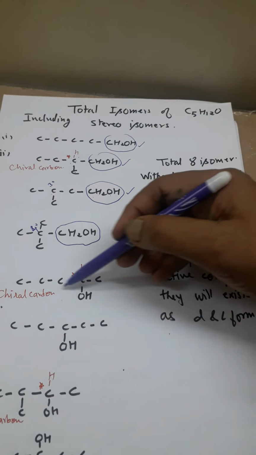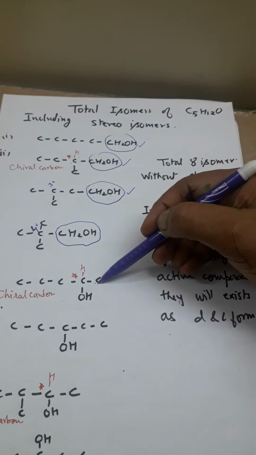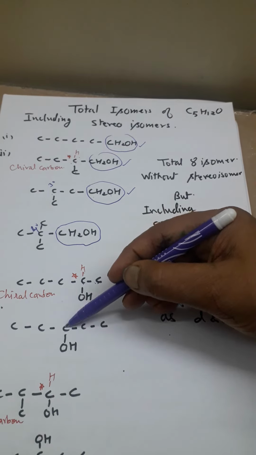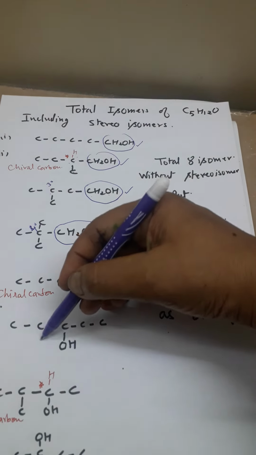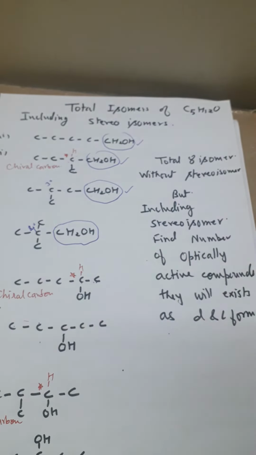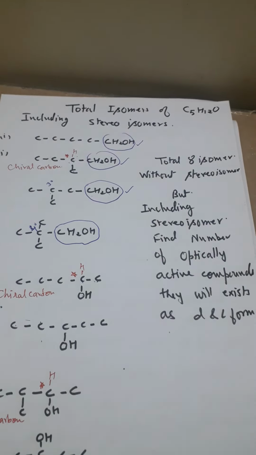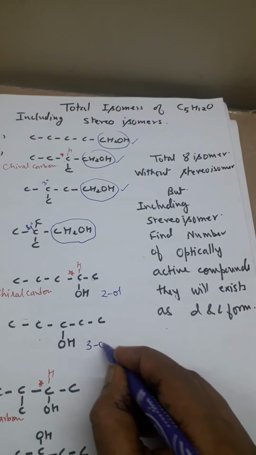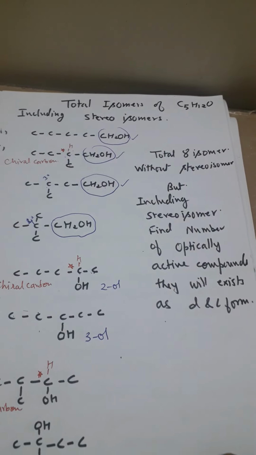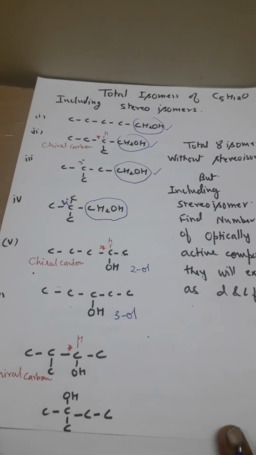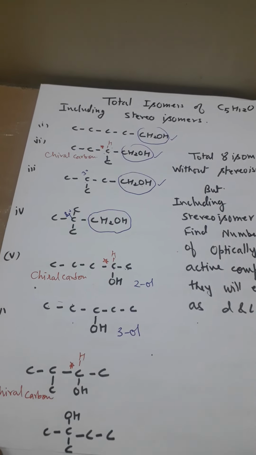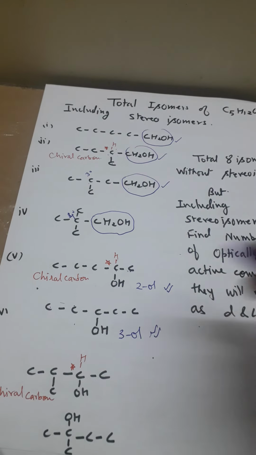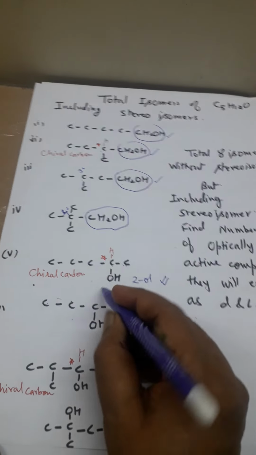So for that also I have made this carbon chain, 5 carbon chain, and then I put OH over here first on the second carbon, and then I put OH on the third carbon. That's it. We will not shift it here, because if we name from here, then it will become 2-ol. This is 2-ol, this is 3-ol. I am not writing completely because I am giving you a quick idea of how you have to go for the MCQ preparation. Now I will double click here because it is a secondary alcohol. Yes, I have written 3-ol, but it is a secondary alcohol.